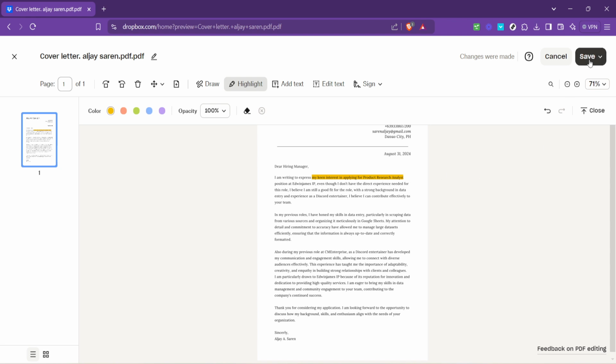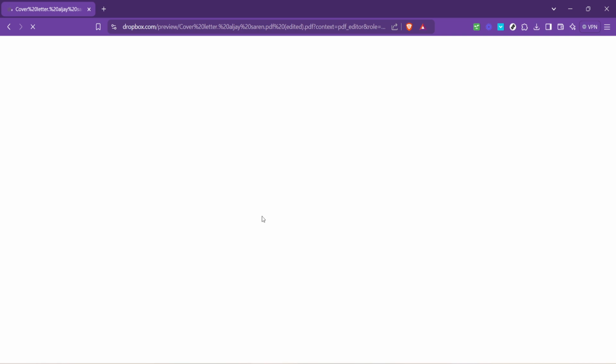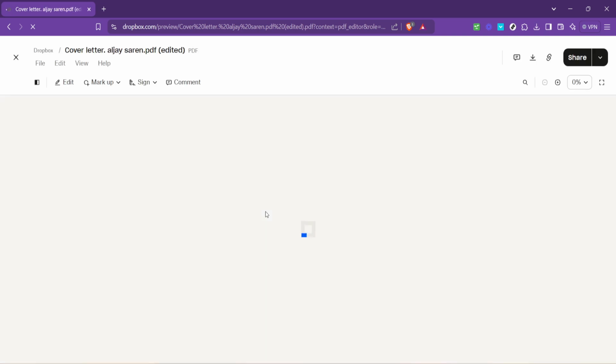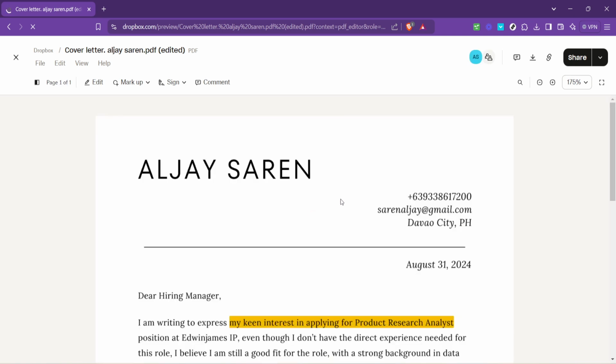With these tools and features, Dropbox offers a comprehensive editing suite right at your fingertips, making it effortless to modify files directly within your browser. Whether you're tweaking a resume, annotating a PDF, or making notes on a project proposal, the process is seamless and efficient. And that's essentially it. By following these steps, you've learned how to edit files in Dropbox, turning what might seem like a complex task into a series of simple, straightforward actions. Remember, the power of Dropbox isn't just in storing your files, but also in how you can interact with and modify those files wherever you are on any device.